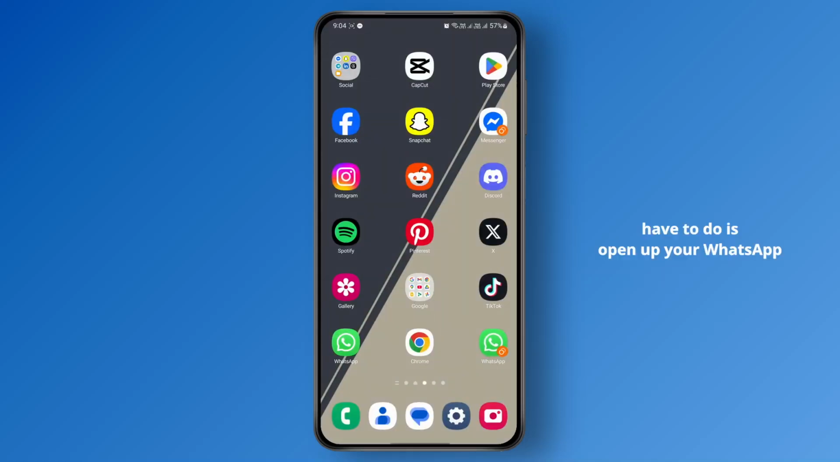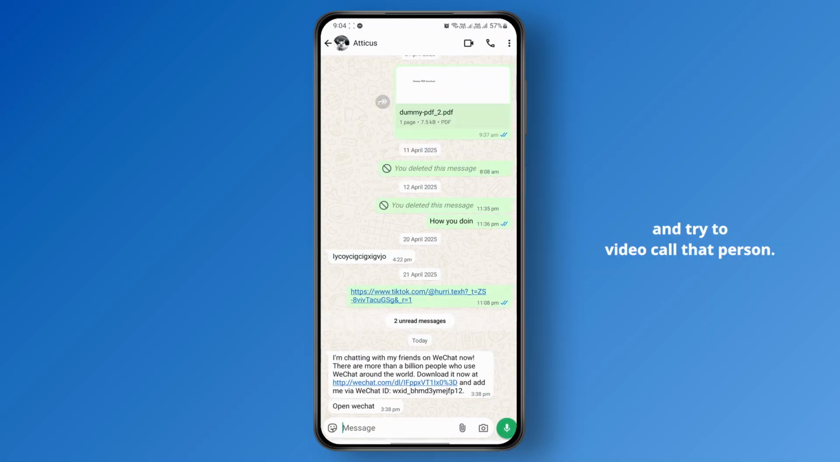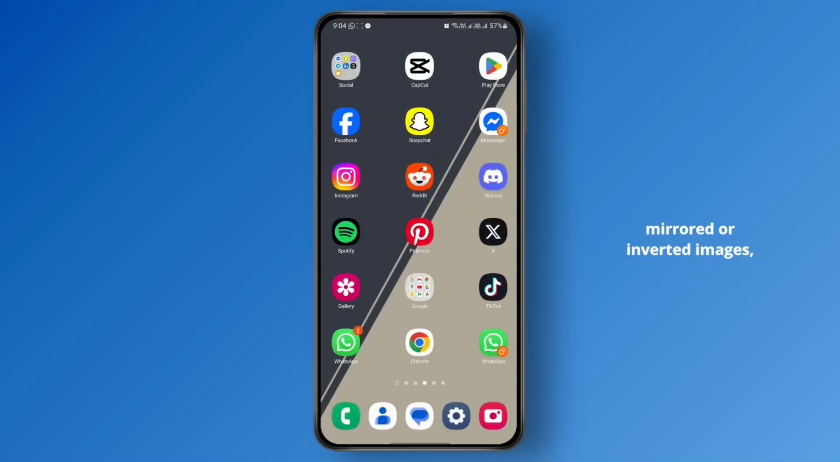First thing you're going to have to do is open up your WhatsApp and go to the chat where you want to do the video call and try to video call that person. So go ahead and tap on the video call icon at the top right, and then you should be able to begin the video call. But if your video shows mirrored or inverted images, then in that case, what you need to do first is